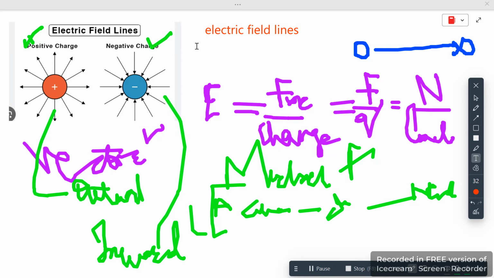So I'm going to write a few important points. It originates at the positive charge, or terminates at the negative. Its SI unit is Newton per Coulomb. It's imaginary lines, and they have